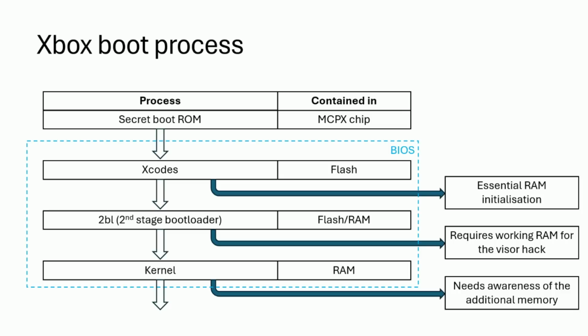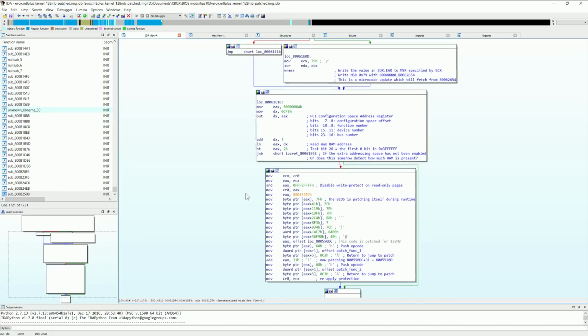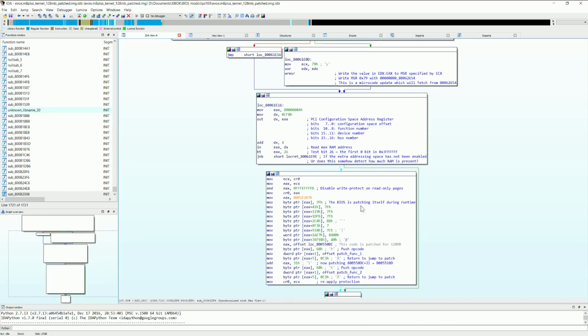So what I did was I applied that patch and I loaded it up in IDA. IDA is a disassembler and decompiler tool used for reverse engineering. What I found is that some extra code has been injected here, and what it does is it modifies itself. The kernel, when it boots up, modifies its own memory to modify the instructions, to modify constants that have